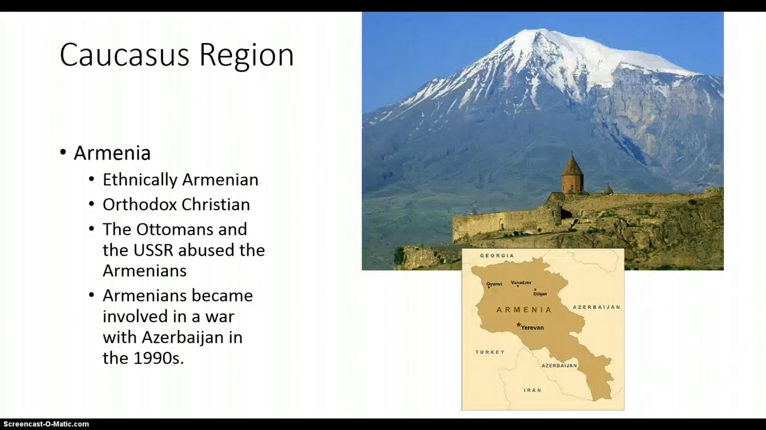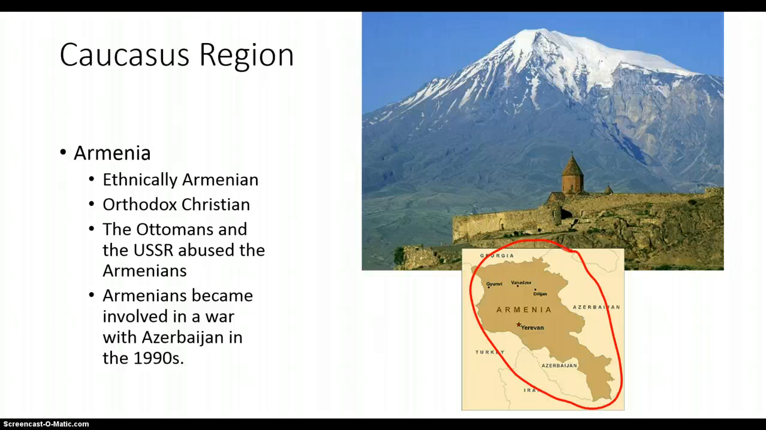Now we have Armenia. Armenia is a small little country. It has absolutely no coastlines. It borders Turkey, Azerbaijan, Georgia, and that's about it since it's so small. The people of Armenia are ethnically Armenian, and they predominantly practice Orthodox Christianity. But throughout history, they have been greatly abused by the countries that have controlled it. The Ottoman Empire, particularly,